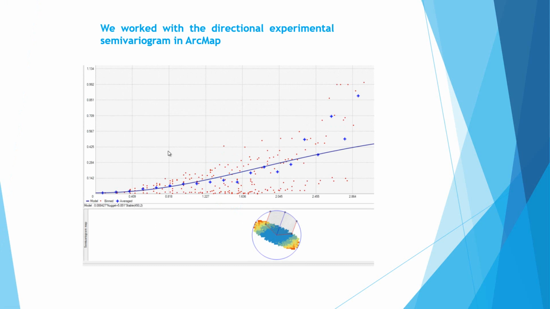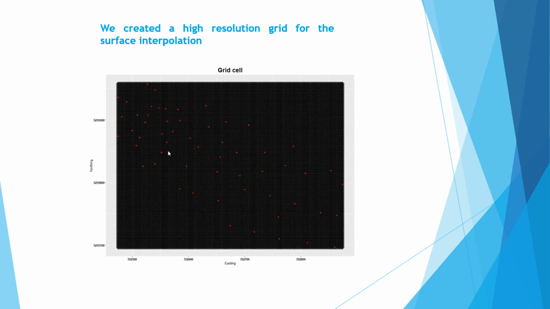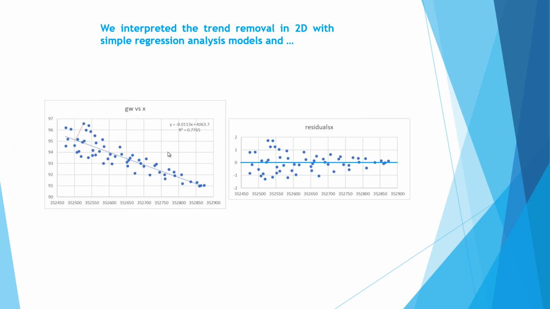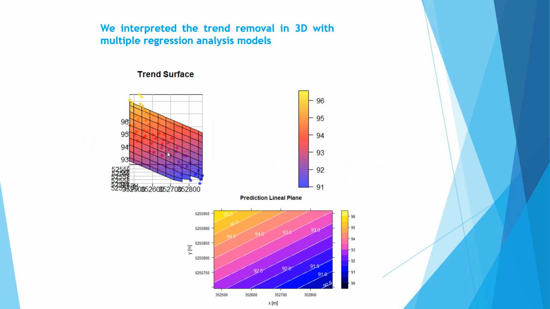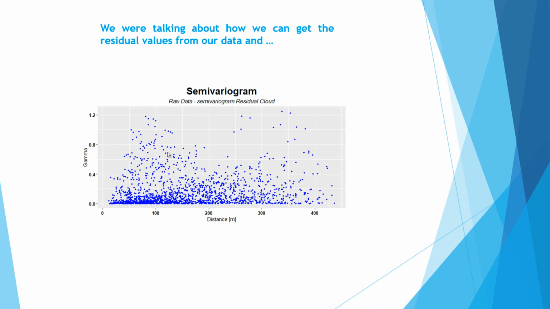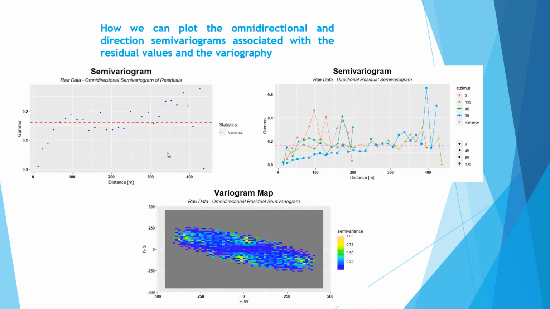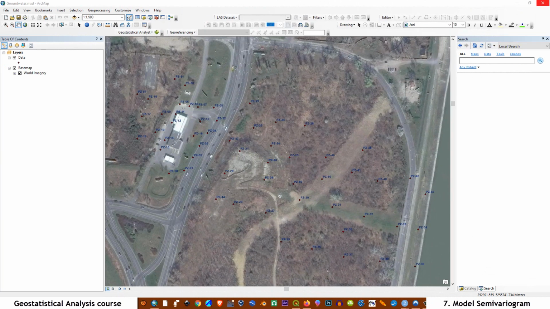In the previous video, we worked with the directional experimental semi-variogram in ArcMap. We created a high-resolution grid for the surface interpolation. We interpreted the trend removal in 2 dimensions with simple regression analysis models, and in 3 dimensions with multiple regression analysis models. We were talking about how we can get the residual values from our data and how we can plot the omnidirectional and directional semi-variograms associated with the residual values and also the variography. Remember that if you missed that video, you can hit the card located at the top right corner of your screen. Today we are going to be talking about